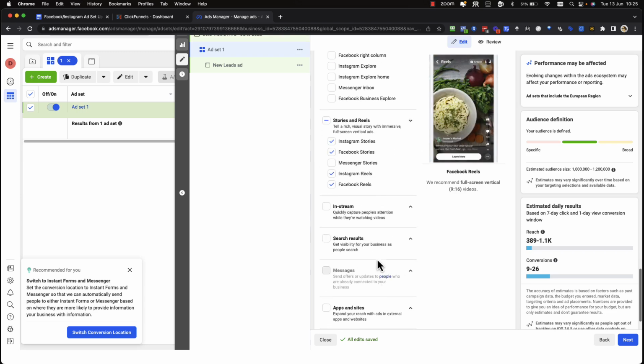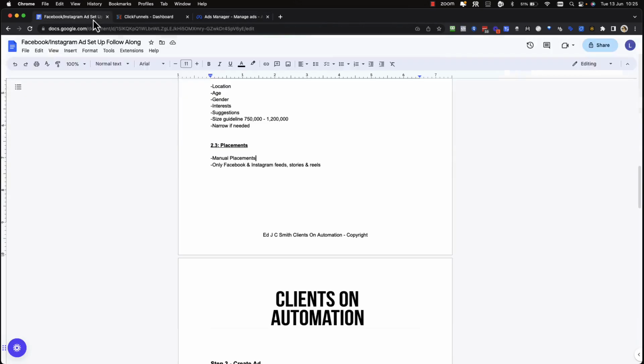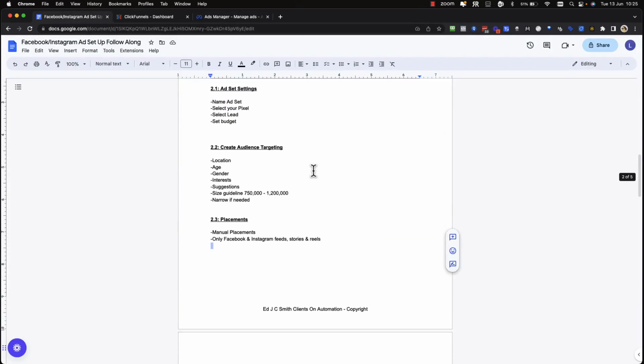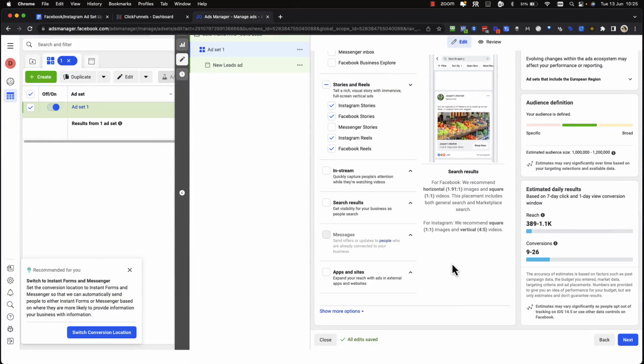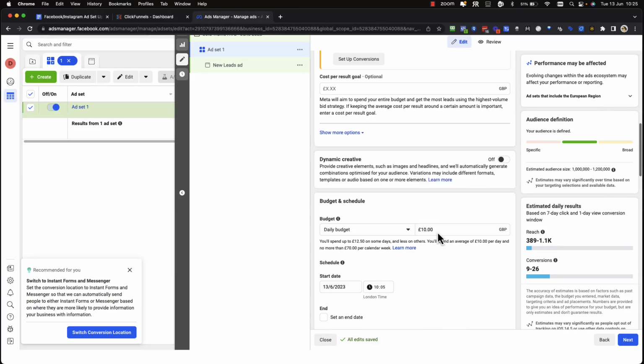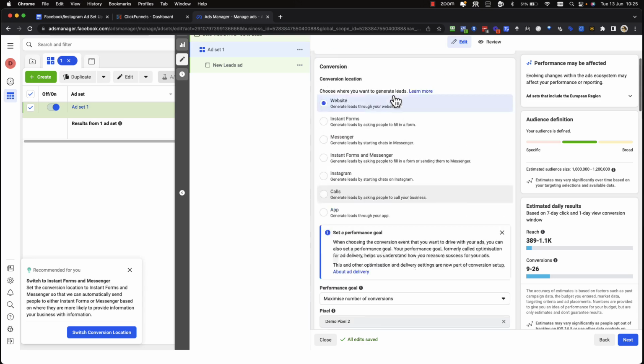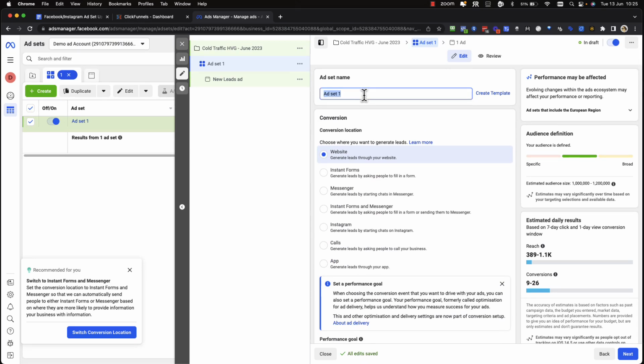You can see there, okay? And that's the ad set done. So now I'm going to click on, actually I've just remembered, I'm going to change the name of the ad set, and I'm just going to say women 40 plus, London, Manchester,